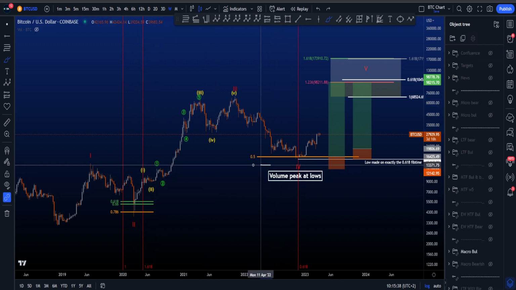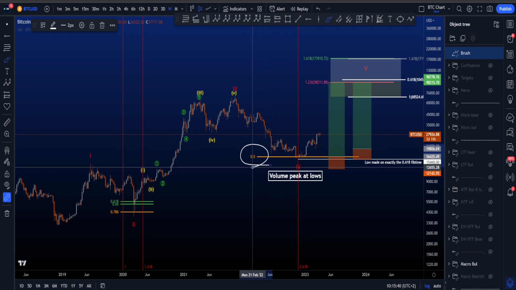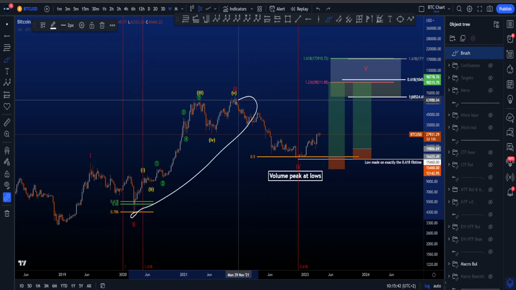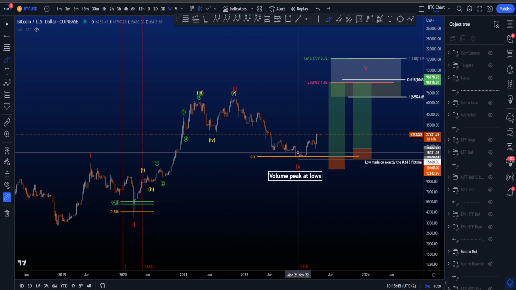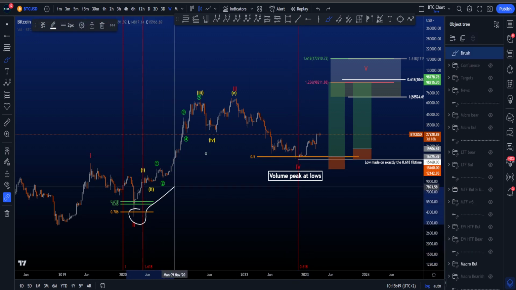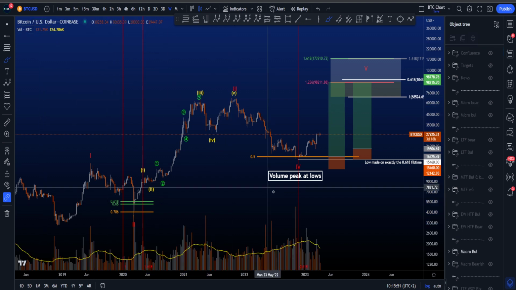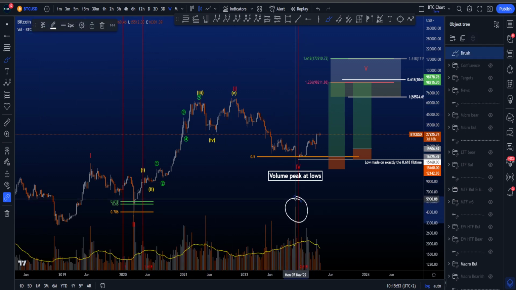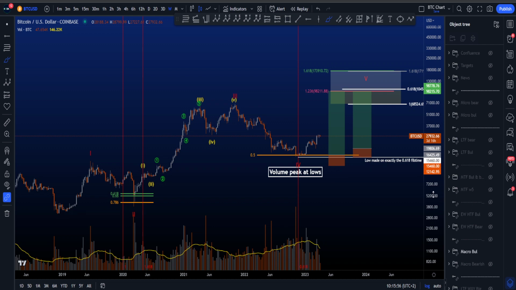If we look at the wave 4 low, it bounced perfectly on the 0.5 Fibonacci, taken from the low of 2 to the high of 3. Also, the exact wave 4 low was made on the 0.618 Fib time, also taken from the low of 2 to the high of 3. And we had a nice volume peak at the lows,